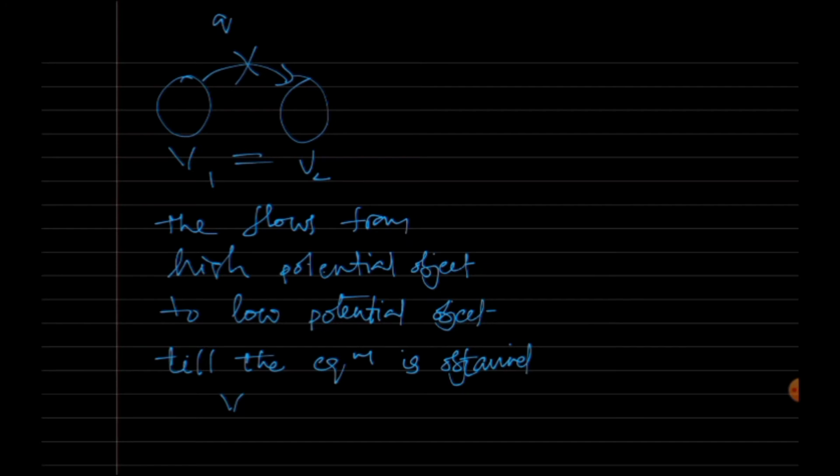That means potentials are the same. So this is what we call the conduction method. By using the transfer of charges from a charged body to an uncharged body, or from a high potential body to a low potential body, the object can be charged. Objects can gain the charges. That is how the conduction method works.